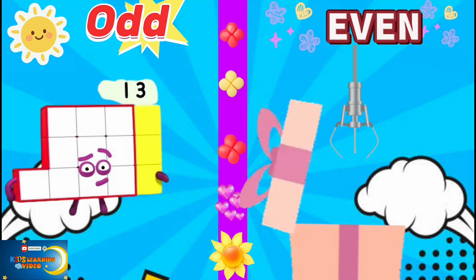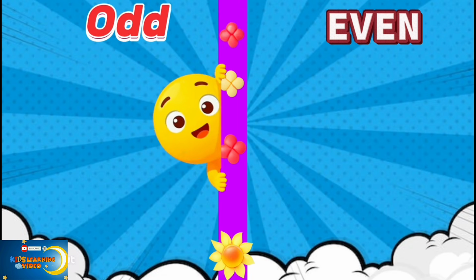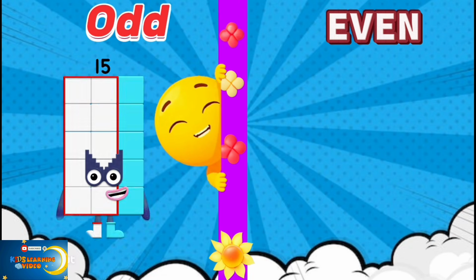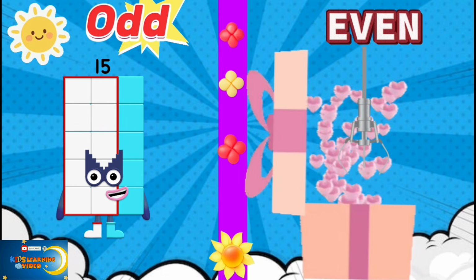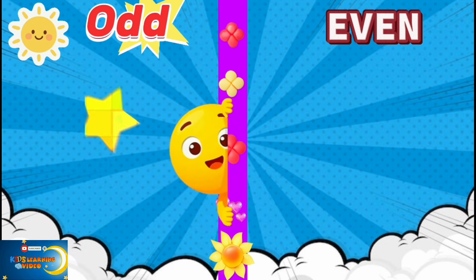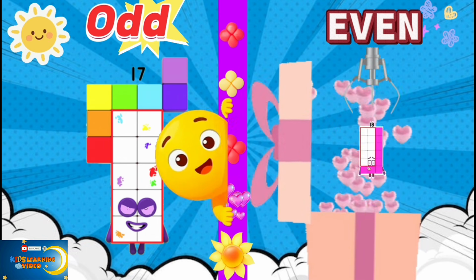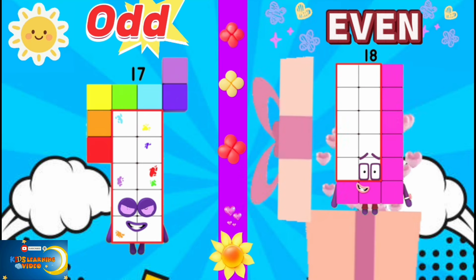13 odd number, 14 even number. Next, 15 is odd number, 16 even number, 17 is odd number, 18 is even number,